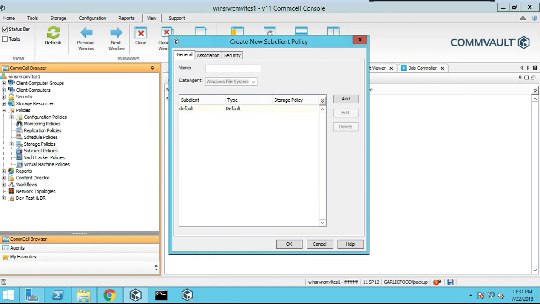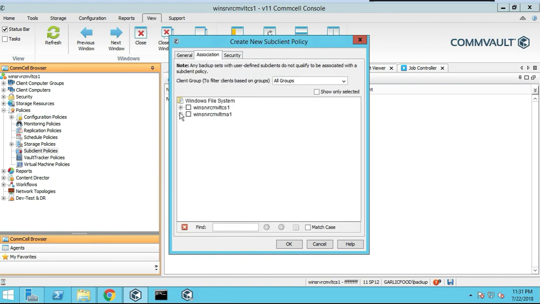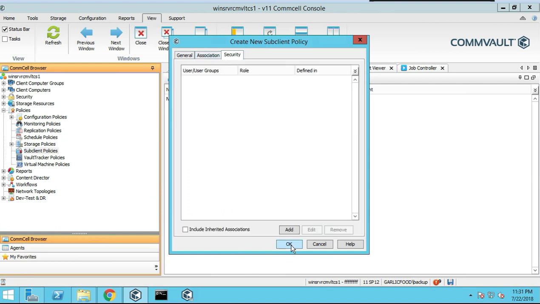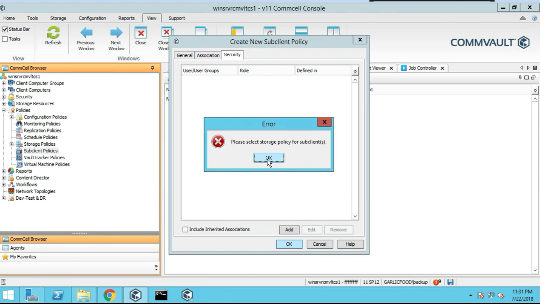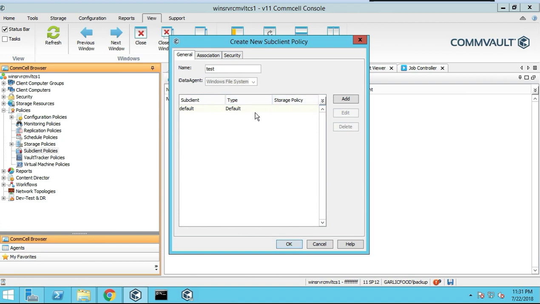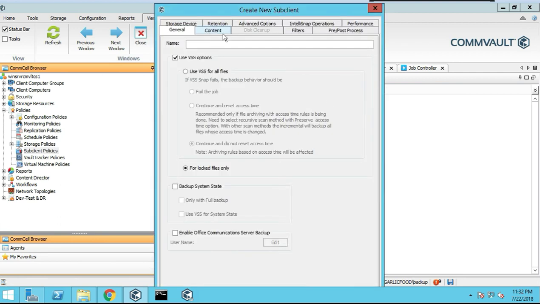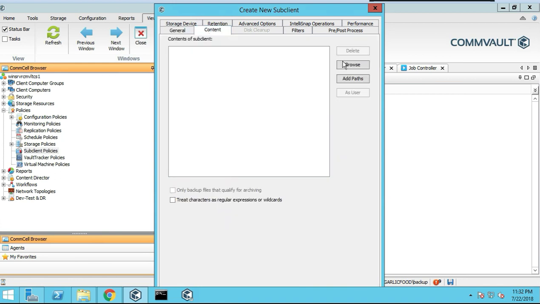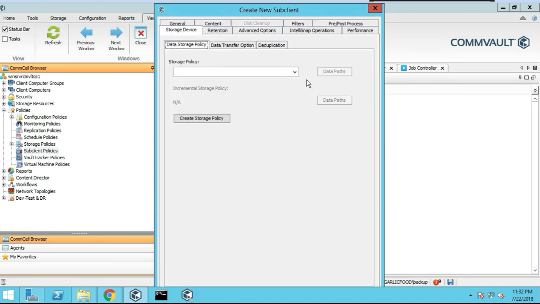And let's just do a test, right? An association. Let's do Windows Media Agent, default backup set, security. I'll leave it blank how it is, push OK. Select storage policy, okay. Association, storage policy, where did I miss that at? Did I miss it? Must have missed it. Oh, I missed it. Okay, edit here, and well, mine's not available, so that's why. Okay, we're gonna click on add. Okay, when you click on add, let's do content. No, storage device. Here we go. Storage device. Don't have one for it. Okay, well,